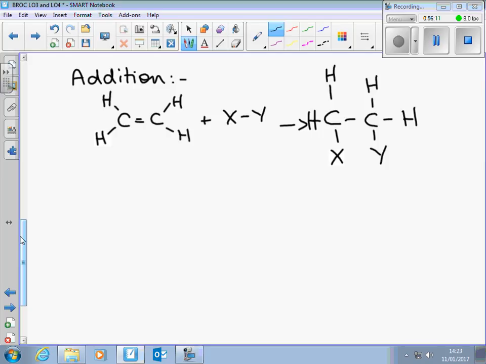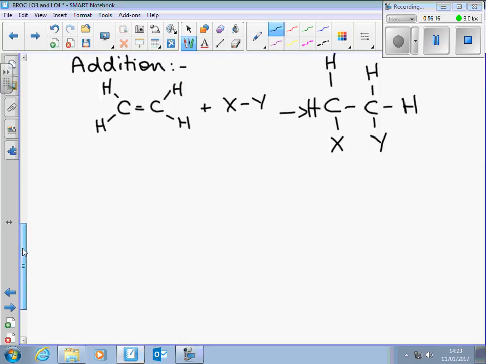Now, if we start with our polar molecule, and it's interesting that he's made the size of those fairly obviously comparable to something like hydrogen bromide. So if we start with XY, such that we've got a slightly positive charge on there and a slightly negative charge on there,